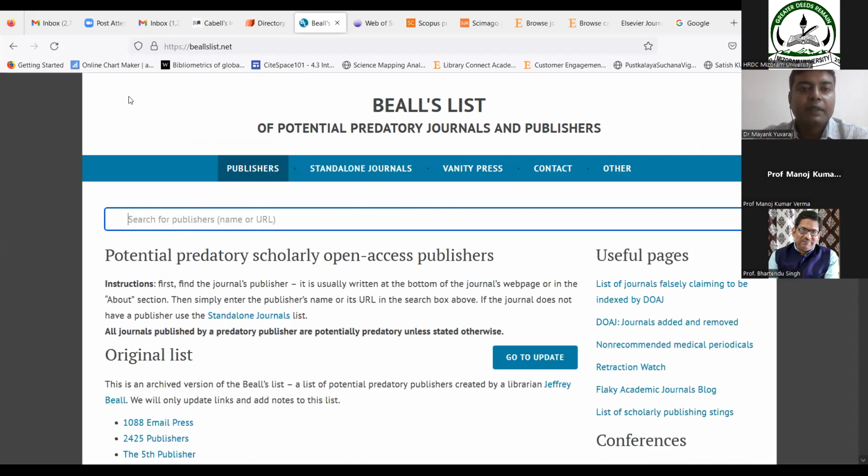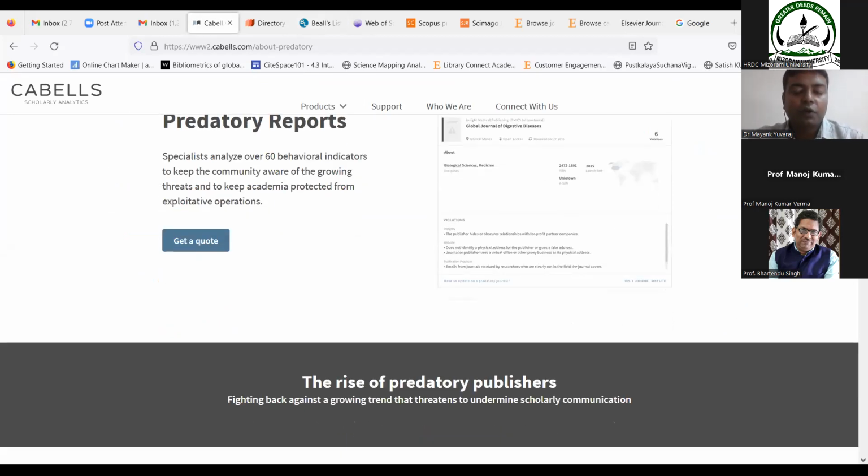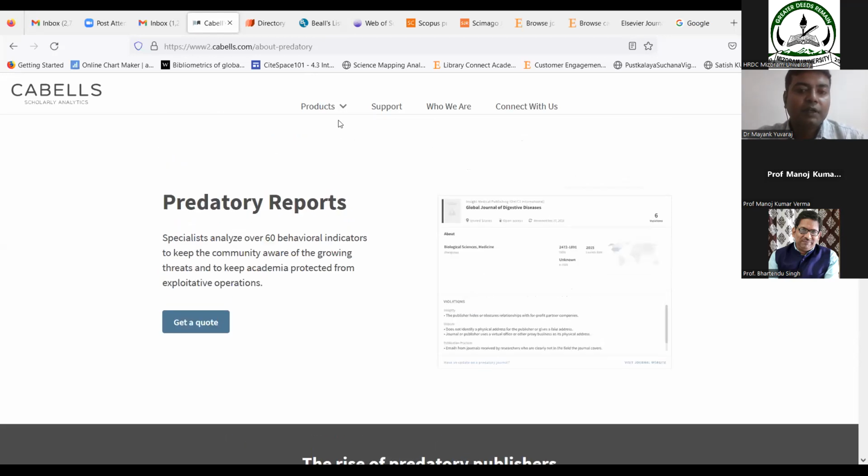Then the other blacklisted source is Cabell's list, which I mentioned. This is basically a commercial source, not available as open source. You need to pay a subscription fee to get access to this tool. But even then, it offers three important services, or products. Journalytics is there, where they offer a complete analysis of a journal, like what its acceptance rate is and how much time it takes in peer review.